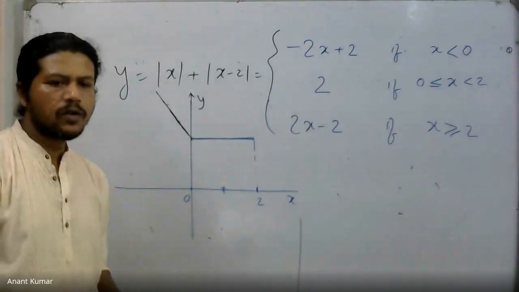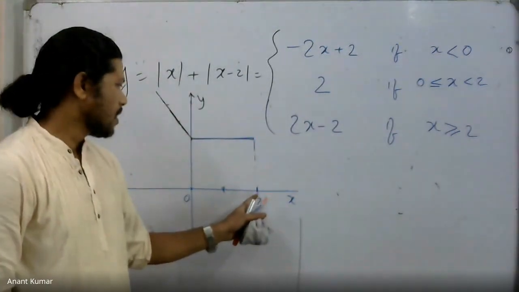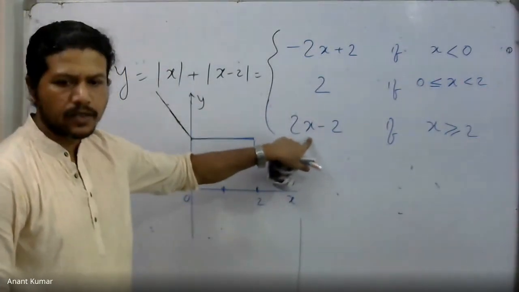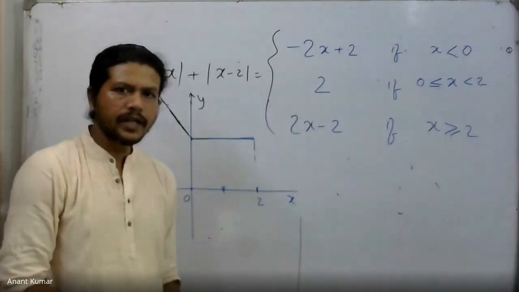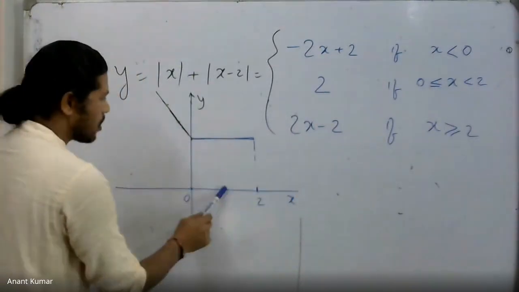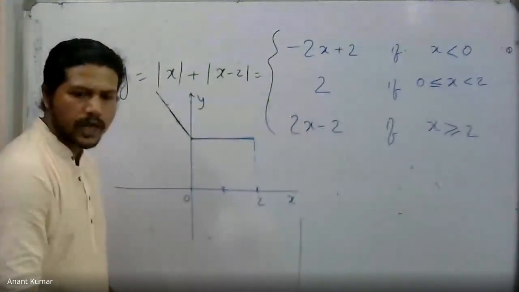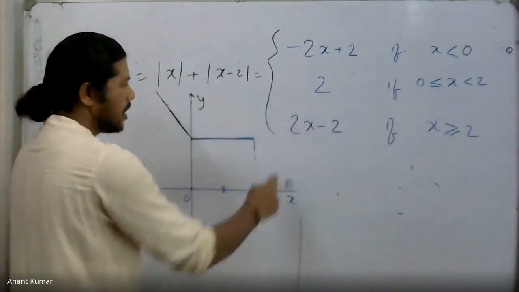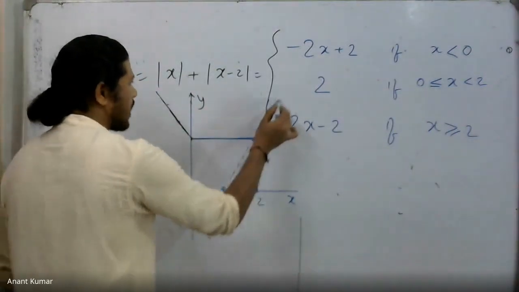And once we go beyond that particular point, x more than or equal to 2, then the graph is y equal to 2x minus 2. Now y equal to 2x minus 2 again has a slope of 2. The y-intercept is minus 2. As usual, for x equal to 1, it would be 0, so it goes like this from there till there, because I require 2 points in the graph. So x equal to 1 gives us 0, x equal to 2 gives us 2, which implies it should have gone that way.